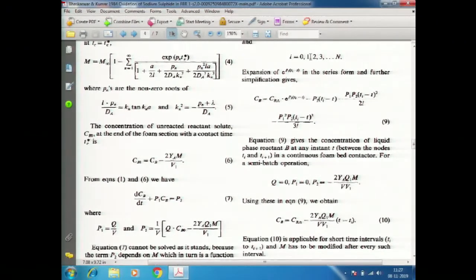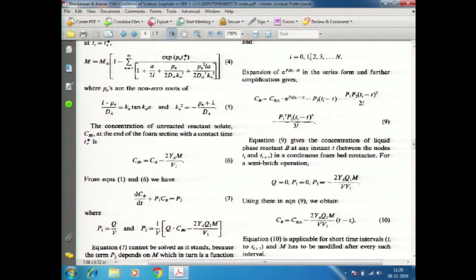M is the integral of D_A ∂C_A/∂x at x equal to plus a. Maybe I explained this near the fag end of the lecture. Okay, you need a further recap, so I will go back again. The series should be converging. They have more complexities, but the series has to converge. If it diverges, then we can't have that analytical solution, right?